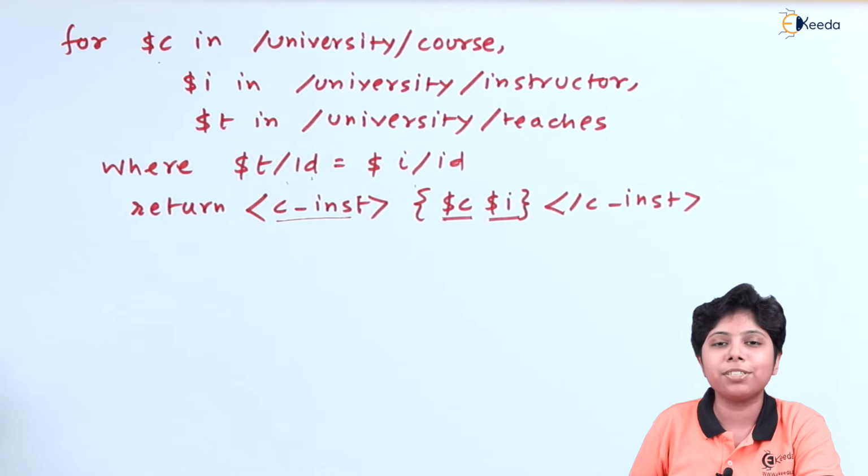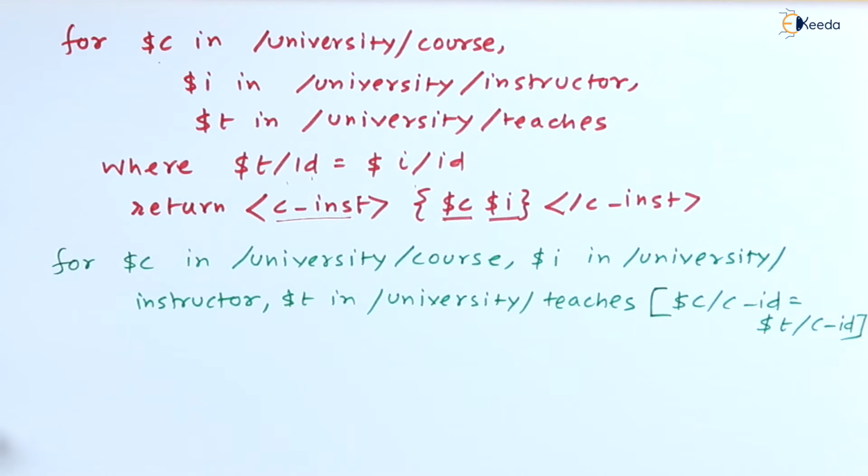Now we could have used the same one using an XPath. Now rewrite this query using an XPath. See here, within the teachers I am using the XPath construct where I am matching the predicates CID from C and CID from T. That means the course IDs should be matched with the teacher's course ID. So we could have used any of the constructs, and along with this the TID should